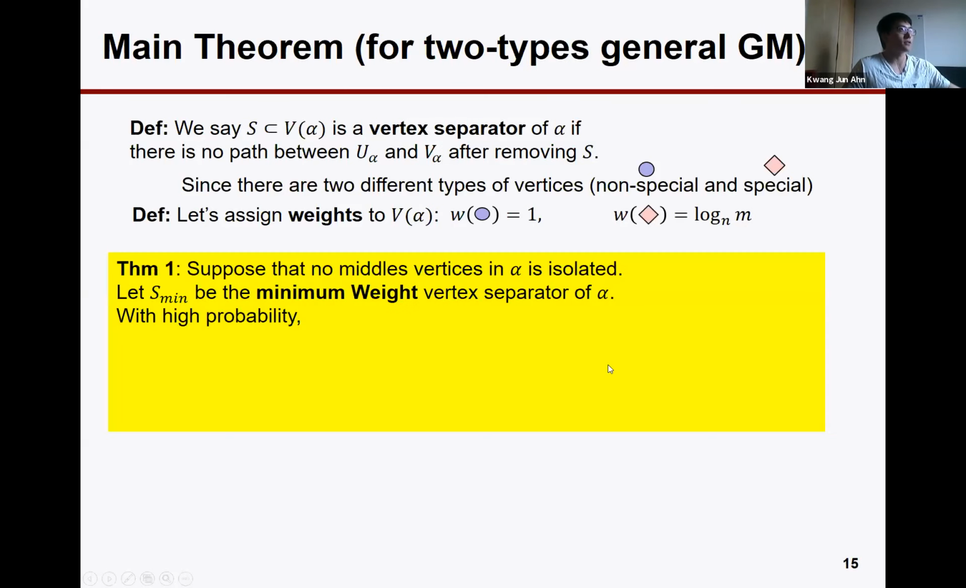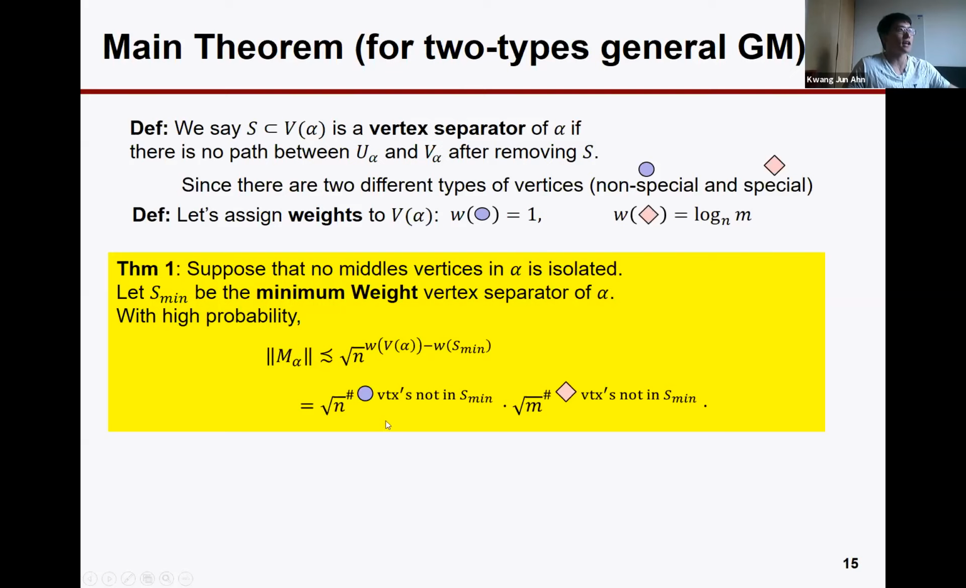Then the theorem tells us the quantity of interest here will be S minimum, which is the minimum weight vertex separator of the shape. Then again, the norm bounds can be characterized by this weight. But let's just parse